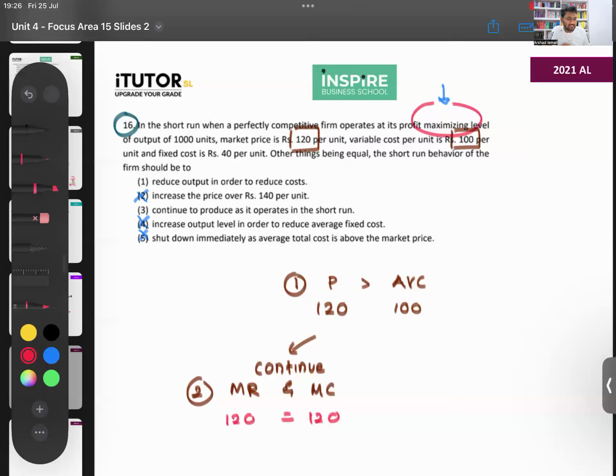Which one is your answer? The question is saying the firm is at the profit maximizing level. So if you're at the profit maximizing level and the price is enough to cover your variable cost, what do you do? You continue output as it is. You don't go and increase or decrease. So you maintain your output. We learned this last class. So the answer is number